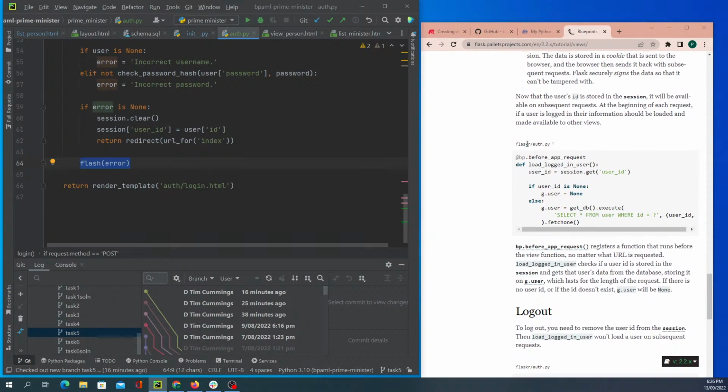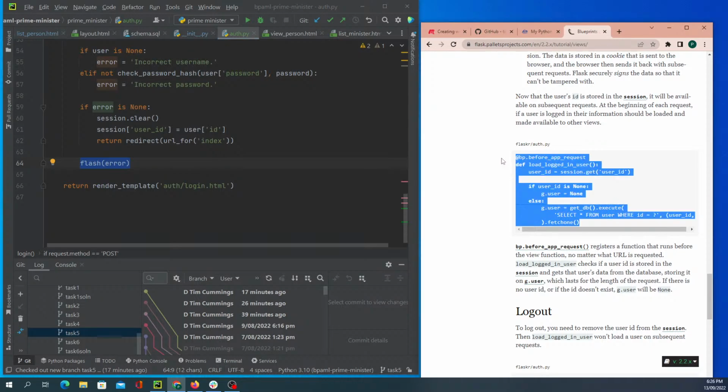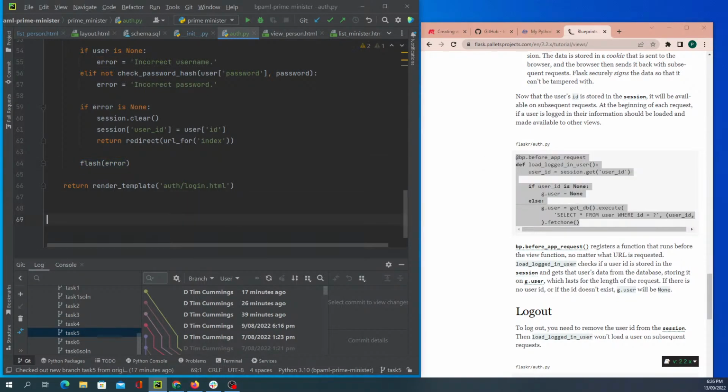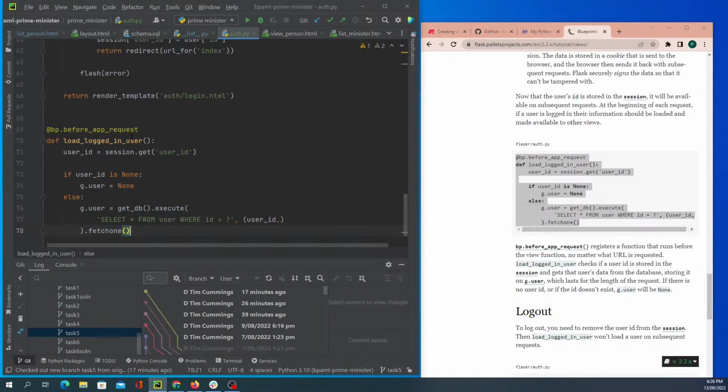And now another thing we're going to do is load the logged in user every time there's a request. And we're going to store it in this global variable g. So this gets done every time there's a request made of our application. And the way it knows to do that is because we've annotated it with this command here, bp.before_app_request. You can also do it with app.before_app_request if you were doing it in init.py. But the annotation in a blueprint is bp.before_app_request,